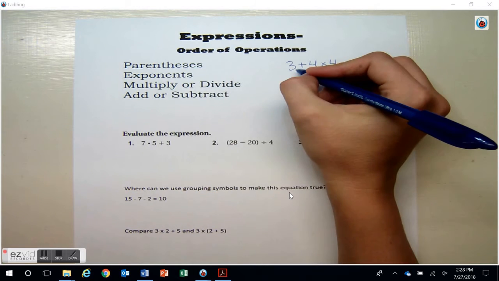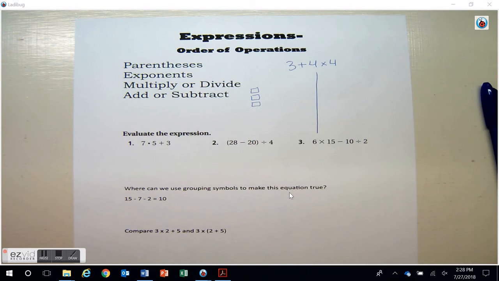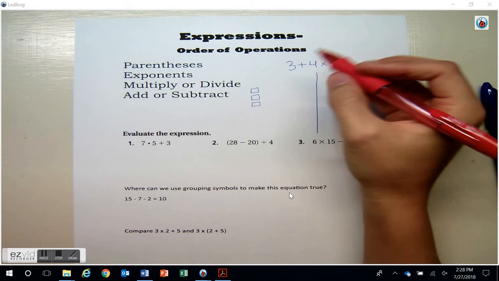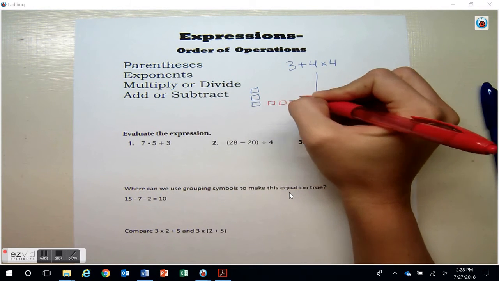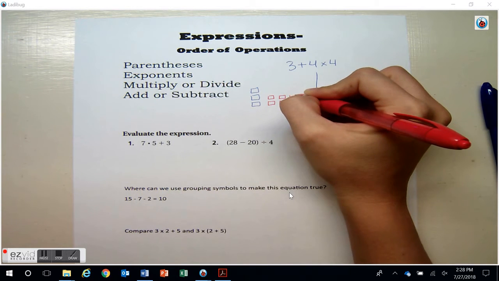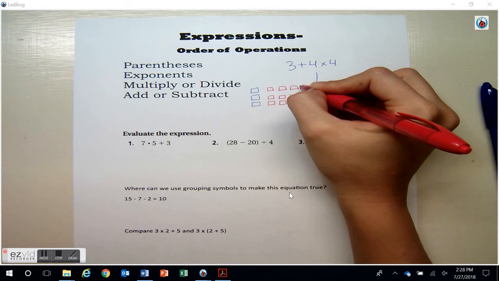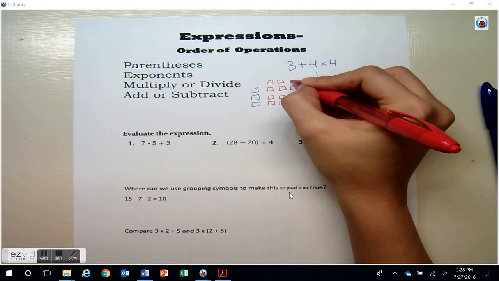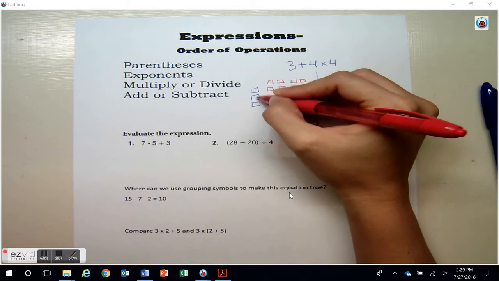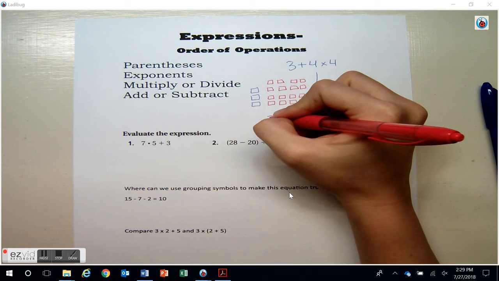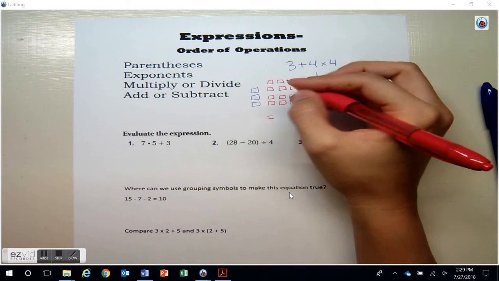So here we go. We have 3 tiles, 1, 2, 3, and I'm going to make an array of this 4 by 4 array. 1, 2, 3, 4, 1, 2, 3, 4, 1, 2, 3, 4, 1, 2, 3, 4. So here we have 4 by 4, and then we added those 3. We have a total now of, let's see, 4 by 4, which is 16, plus the 3, which